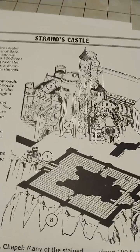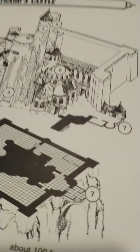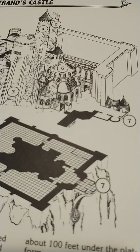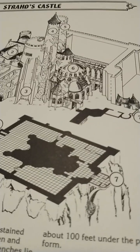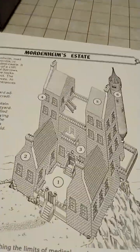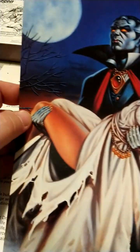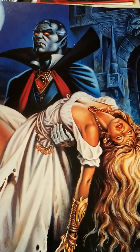Here finally is Strahd's castle, and you're not going to get the main adventure here. You're going to have to buy, for 2nd edition, it was given a different name, but for 1st edition, it's Ravenloft, and then for the 2nd edition, I forget the clever name they gave it, but it was reprinted for the 2nd edition. Mordheim's Estate. That name kind of resonates probably with 40K players. Let's see, what do we got here? Now this image